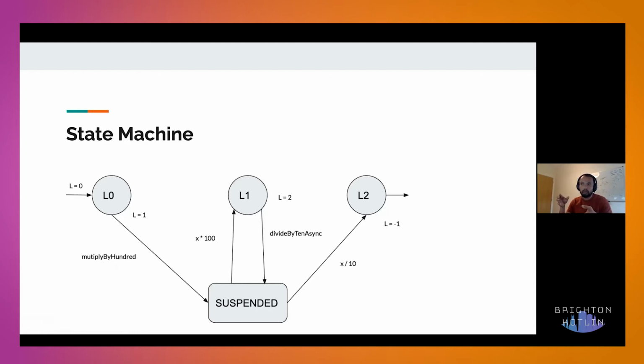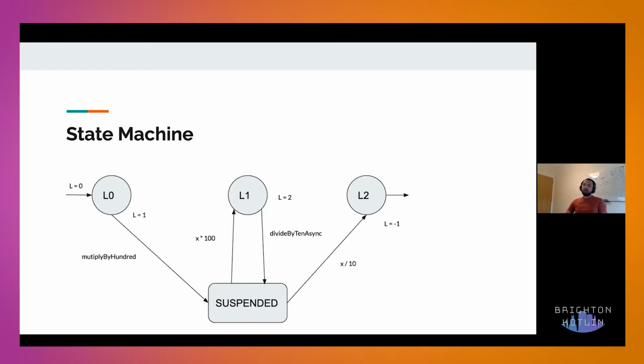After a while, once it's completed, it comes back and goes to the next stage. Let's say it sets the label as level 2, and it will give a chance to the divide by 10 async function to run, and then moves on by exiting here. Maybe we can say we are setting the label to -1. So this is a kind of state transition in a coroutine world.